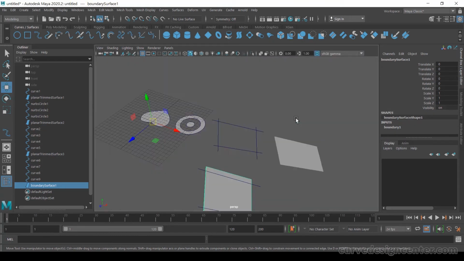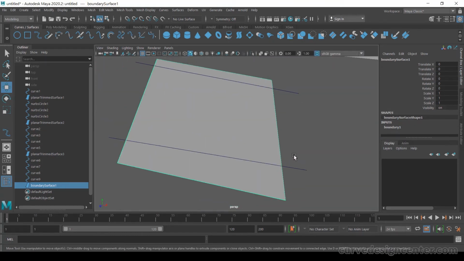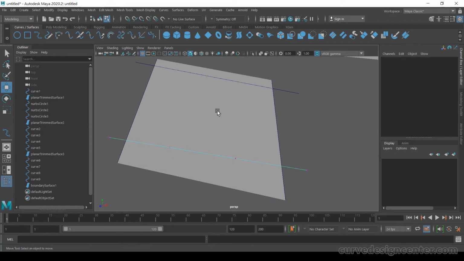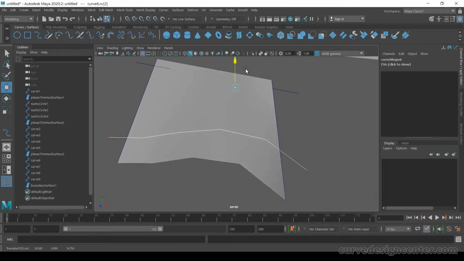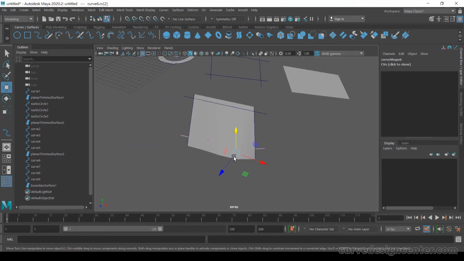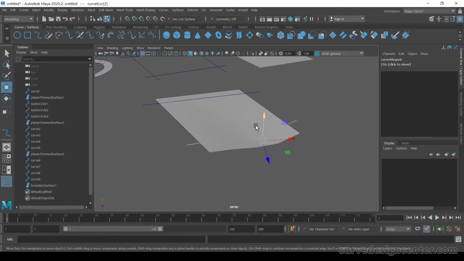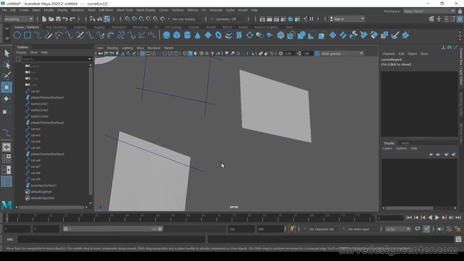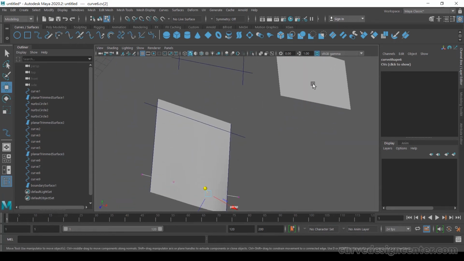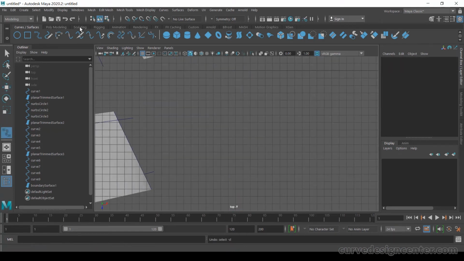But in this case, if you make any changes in these curves, the surface also reflects these changes. So the boundary tool is similar, but you can make changes after creation, but the boundary tool is not as precise as the planar tool.